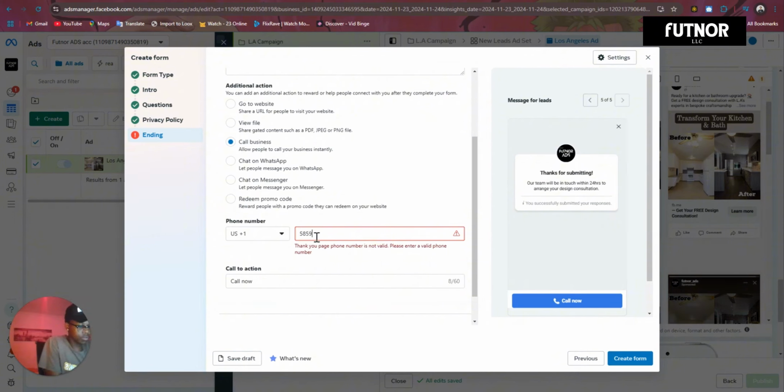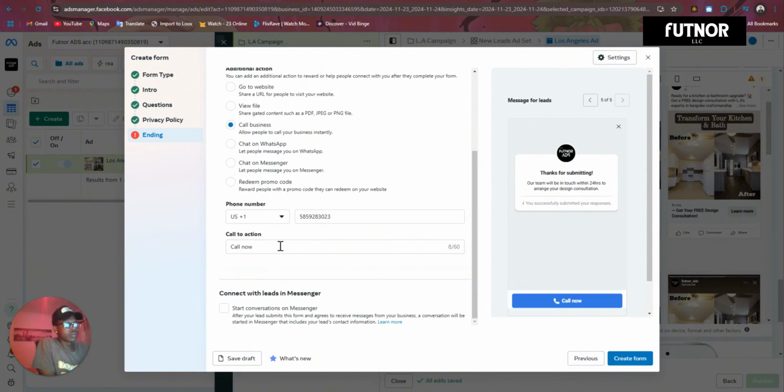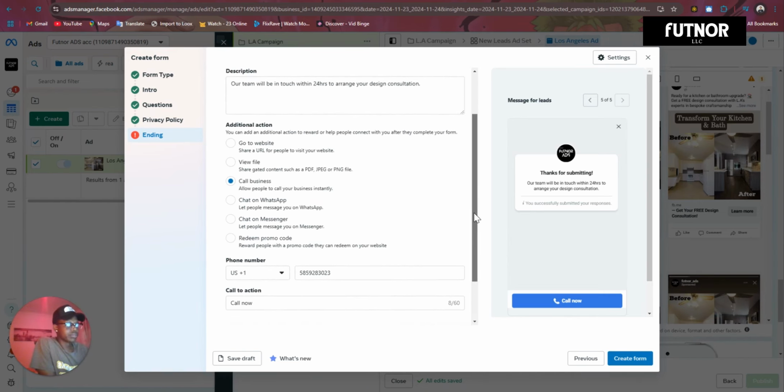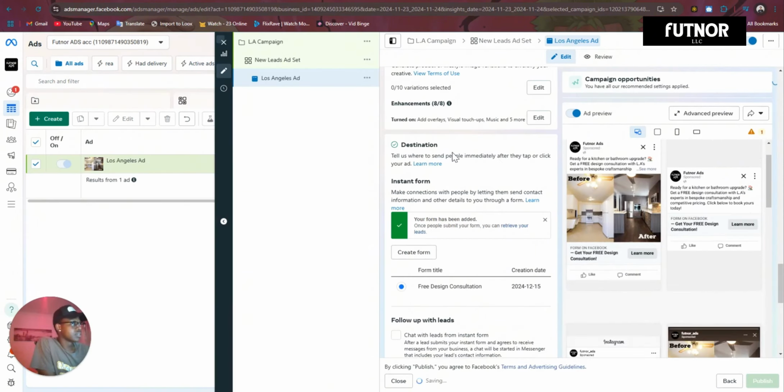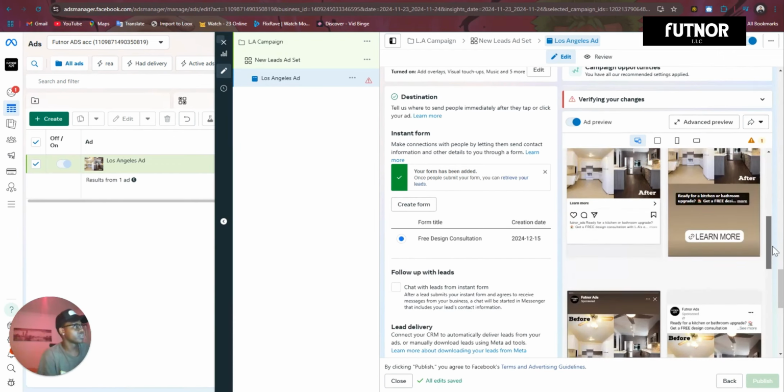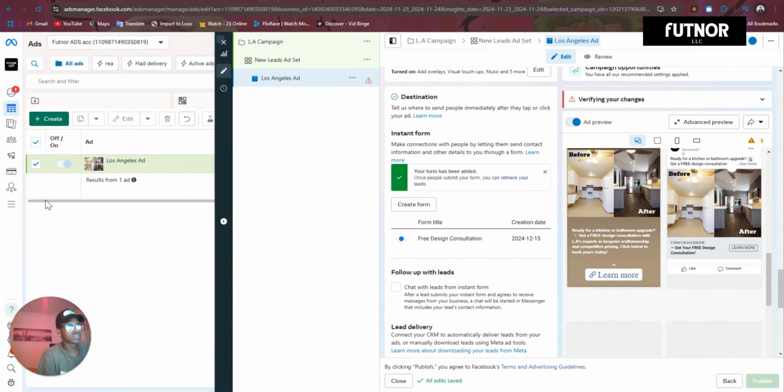This is where you can add call now or start messages in Messenger. It depends on where you want to redirect the message. So we'll move on and create the form. The form has been created. So what's left now